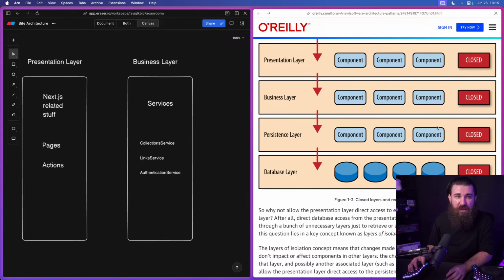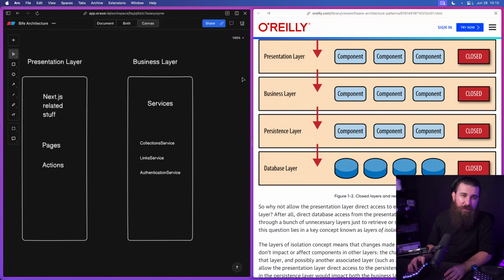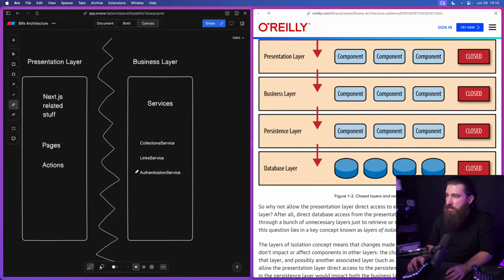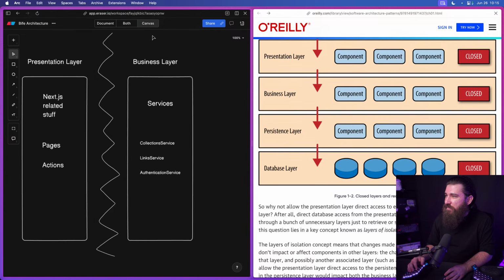And because these layers are closed, we can keep them closed. Of course, we can decide that one of them needs to be open to cut some corners, but cutting corners leads to complexities down the road. So there's going to be a barrier between these two. This is a bad barrier. Yeah, there's going to be a barrier between these two,